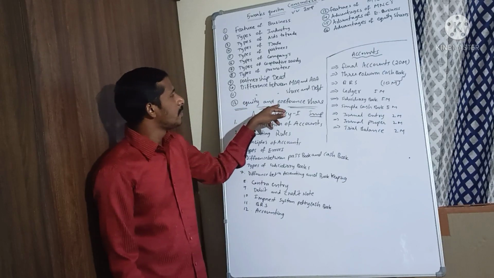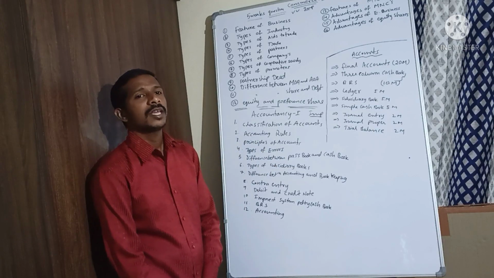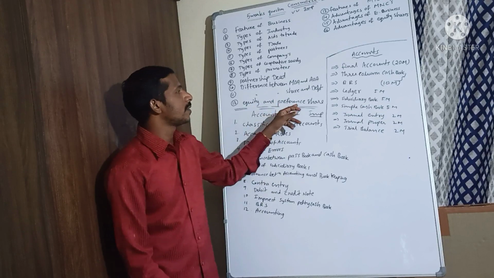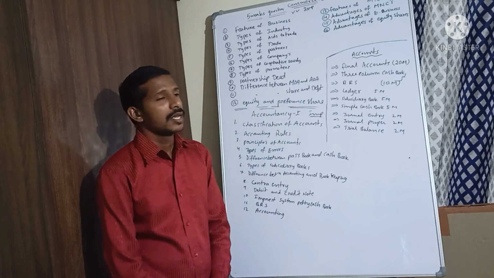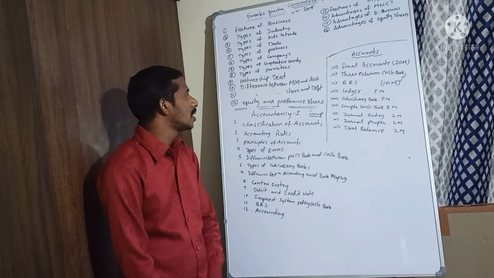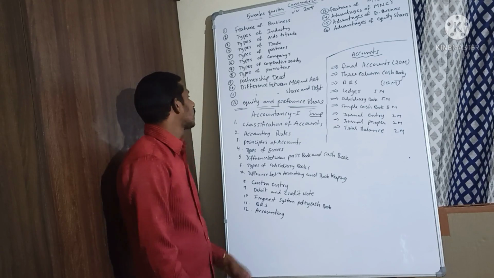And the difference between equity shares and preference shares. Equity shares are ownership shares. Preference shares are not ownership shares. Equity shareholders have absolute voting rights. Preference shareholders have limited rights. Okay, and here,